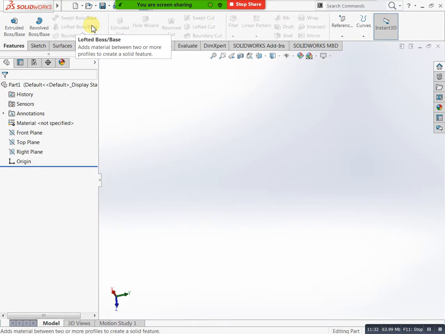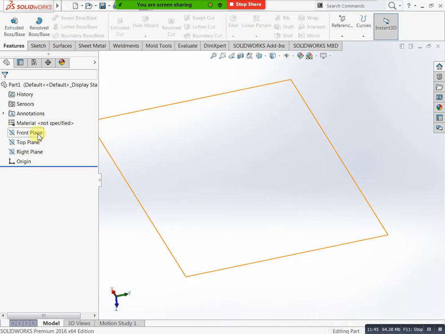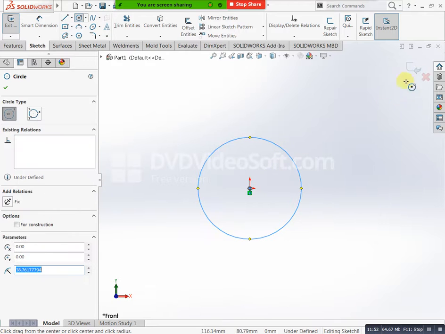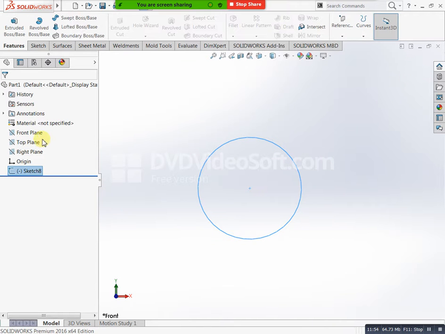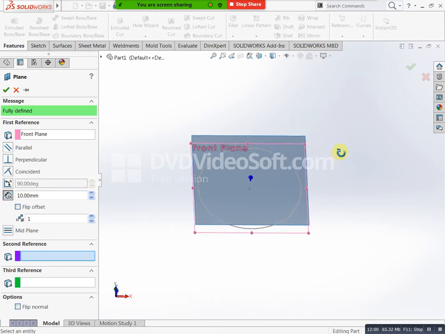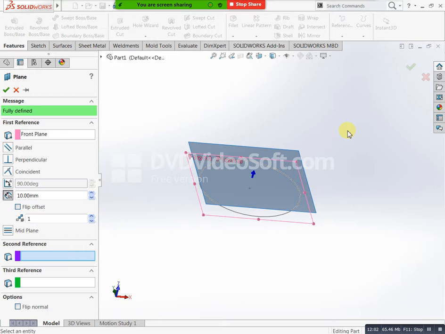Now you can select this one, just go to sketch. Lofted boss or base means, for example, I need to create one model, this one, then you can do finish. Now you can select your front plane. You can create two more duplicate planes. In the previous case we created only one duplicate plane. Here I need to create two or three. That condition here we have number of planes. You can mention like this. How many planes you need, that many planes you can mention. Then you can do finish.